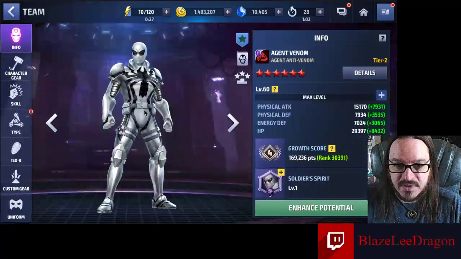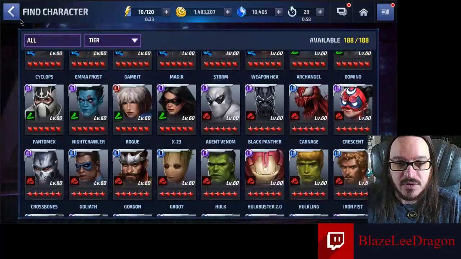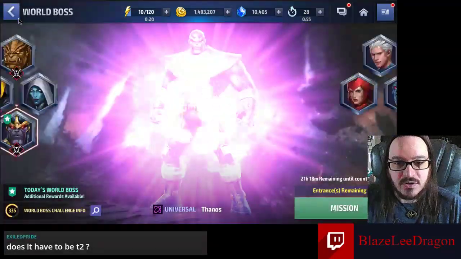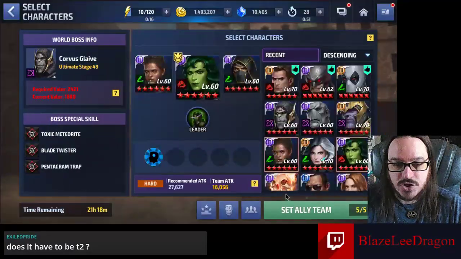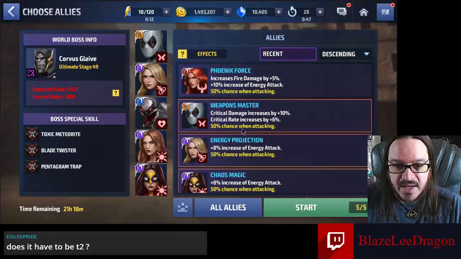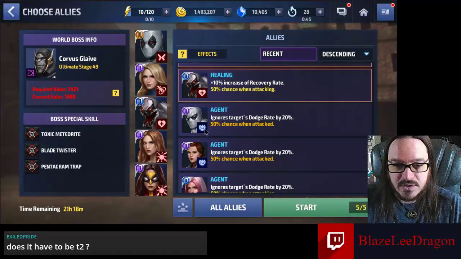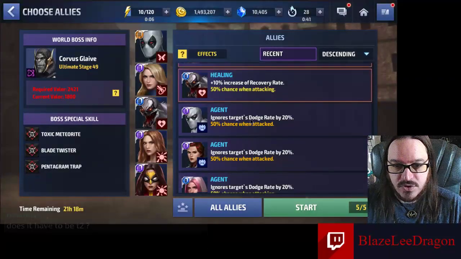Agent Anti-Venom. Now, this guy is a paywall. He does not drop heals. He actually is a dodge hero. And dodge hero is critical for Corvus. So when you're going to Corvus Glaive, pretty much any of these characters that have this symbol here, it's like a little spider symbol, and it says ignores target's dodge rate by